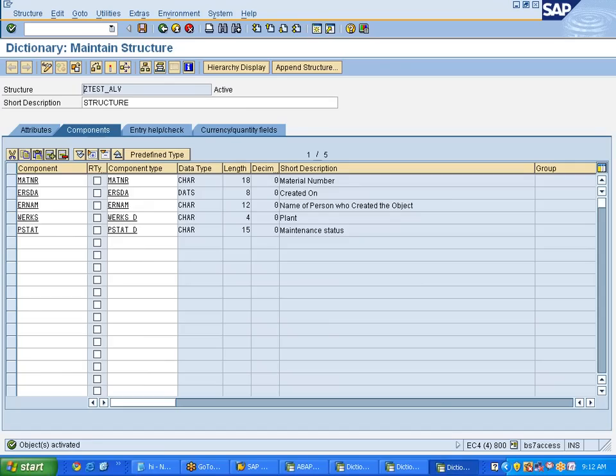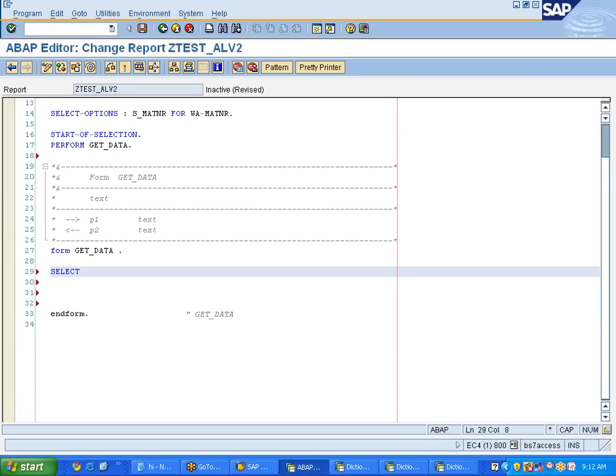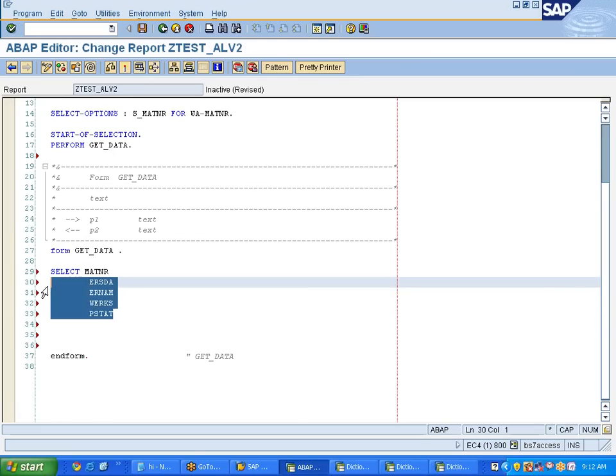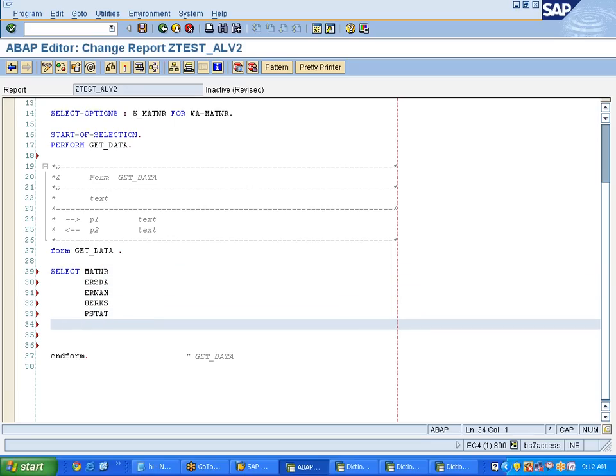What are all the fields we want? All these five fields, MATNR. So I want all these five fields into table iTab